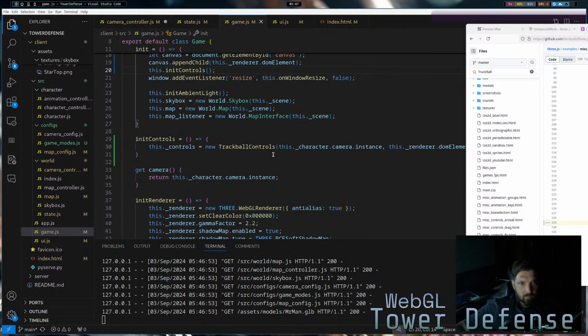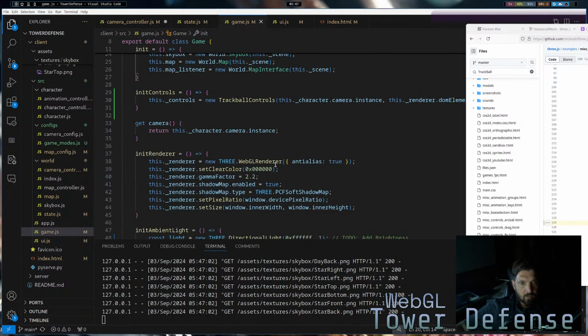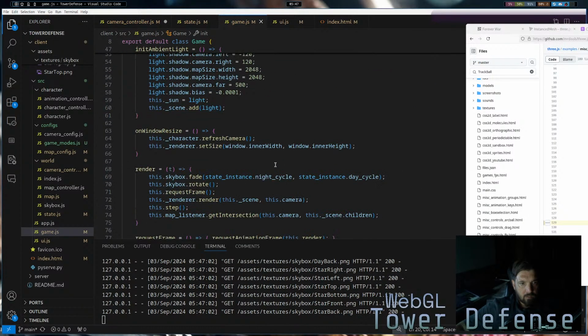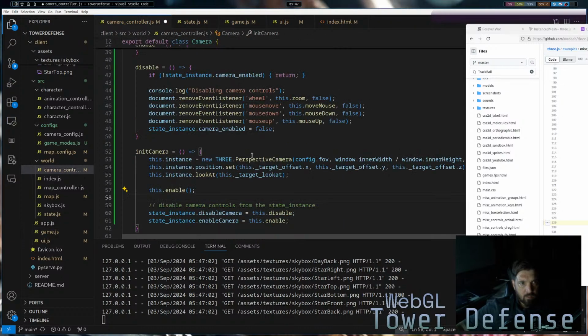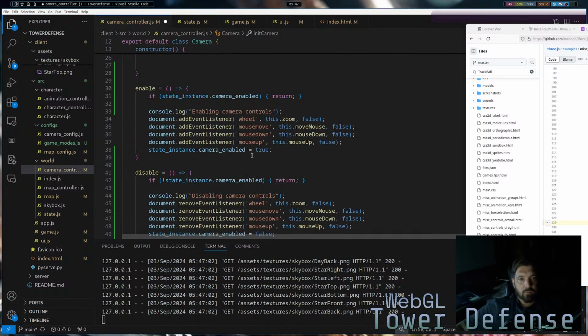This dot init controls, and then when we disable